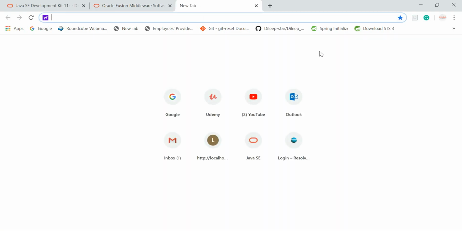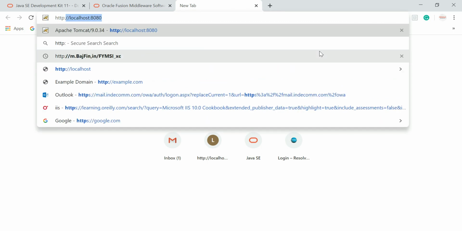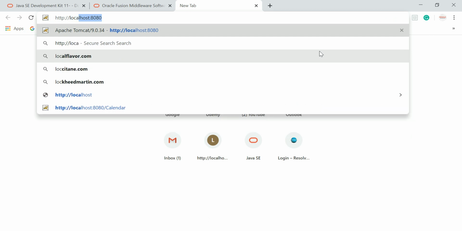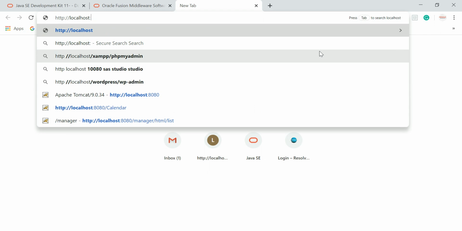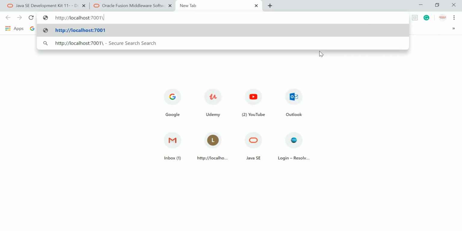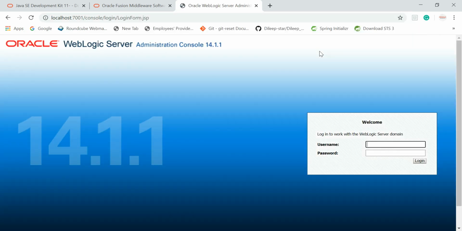Let's go to the browser, just http://localhost, default port number 7001, slash console. Here we have to pass the credentials, weblogic and my password.